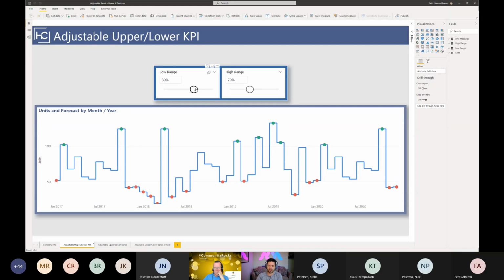Basically, I want to call out any data that is 30% or lower. So if I drop that, you can see that shrinks. If I increase it, more of the KPI dots appear on the page. So it allows me to adjust the call out for low ranges and for high ranges. Same thing: if I drop it down to 50, it's showing everything from 50% and above. It gives me two ranges that can be adjusted, which then shows the remaining values that fall above or below either of these ranges.